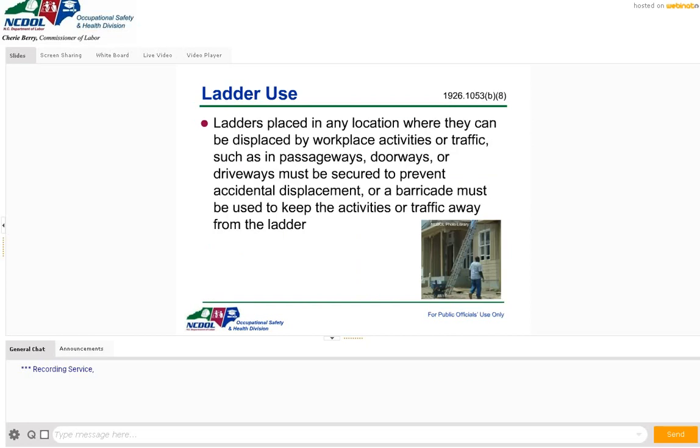Now, you want to protect the area where you're working with a ladder. Is it beside a door, or are there pieces of equipment, skid steers, loaders, tractors, anything running nearby? Is there a lot of activity where people can run into the ladder? If the answer is yes, then we need to set up a work zone with cones and tape. Now the top of that ladder,